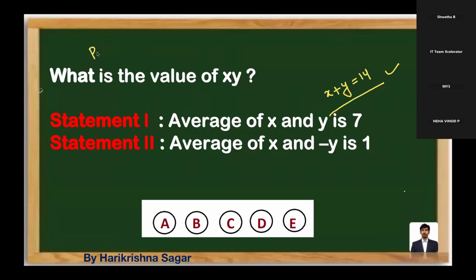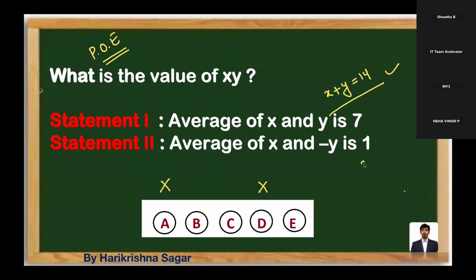Because we are not able to get the answer from statement number 1, what I suggest is to go with the elimination of the option choices. The first statement is not giving the answer, which means option A is wrong. Even option D is wrong, because option D indicates each statement alone is sufficient, but the first one is not giving the answer. Immediately you eliminate options A and D.